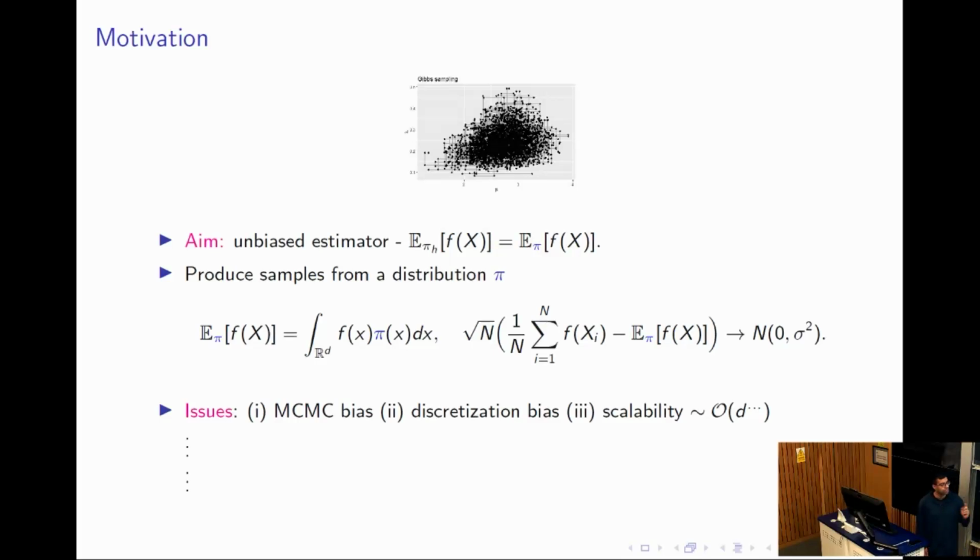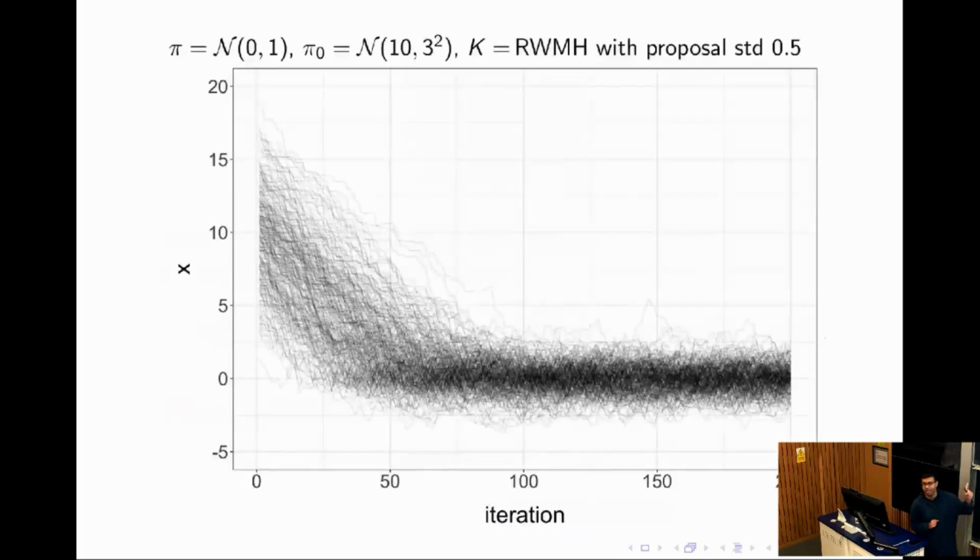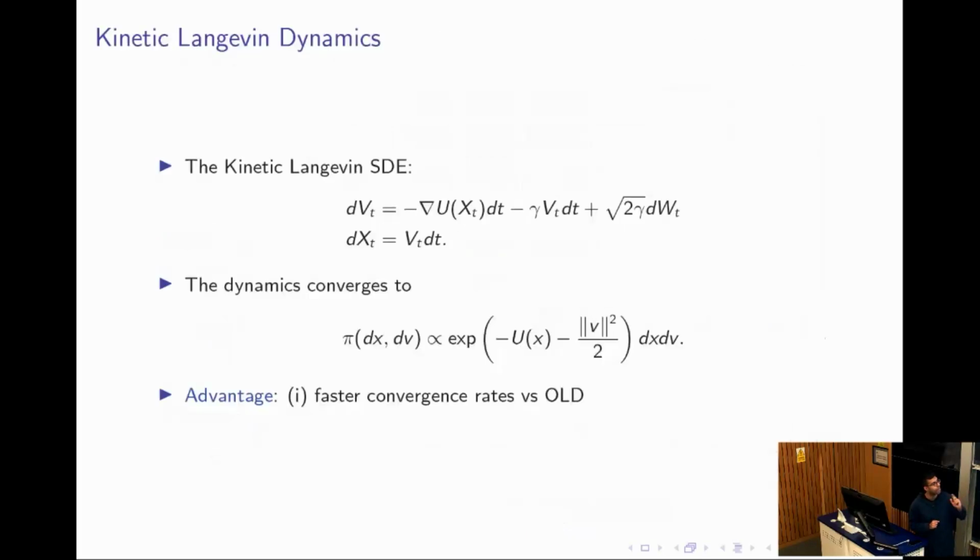So what I hope to show you from this presentation is that we can overcome some, if not most, of these issues through the simple technique of exploiting kinetic Langevin methods, which can hopefully handle all of these issues. Okay, so in essence, that is the motivation, what we are interested in doing from this presentation. And again, this is the MCMC bias, which arises from this period, known as the burn-in period. Okay, so I'm going to move straight on to the actual methodology that we're going to use for this paper,